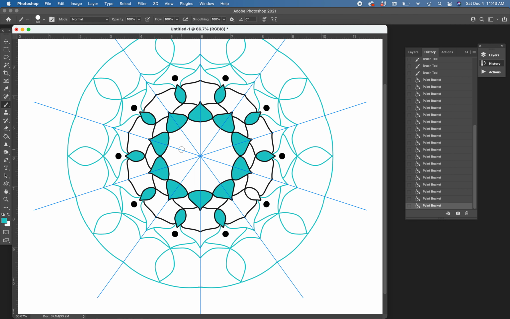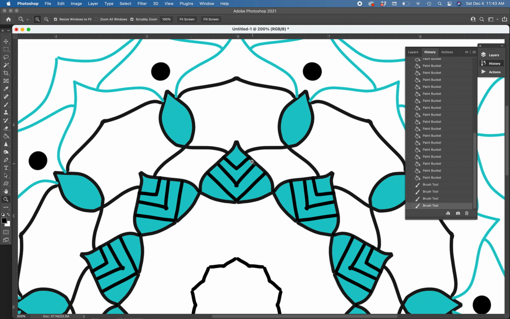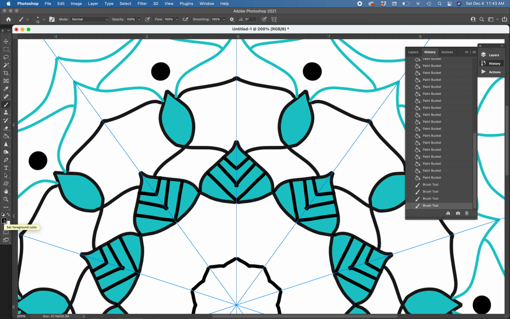And then let's just make this smaller. I'm going to go back to black here. And then you can also do lines inside the shapes that you've made. Obviously this is the kind of thing you might want to zoom into so that you're not going over the edges. I made a little mistake there, in which case I would have to take my brush tool, click on